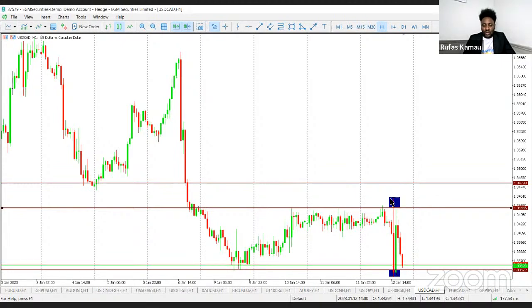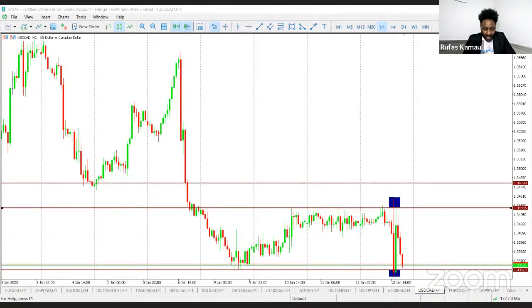So in this case, you can see if your stop losses were too tight, they would have been triggered even though your trading idea was right. On the lower side, it's the same thing. For those people who are buying and their stop losses were just below this support, the market goes straight forward, hits the stop losses, and then changes direction and moves in the opposite direction. So it's very important that you set your stop loss quite a distance from the nearest support and resistance level. I hope that helps.